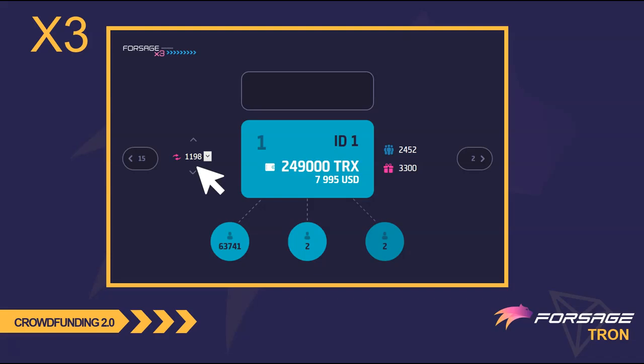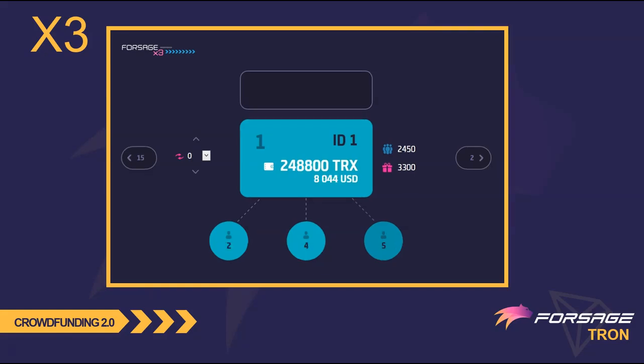Next to the up or down arrows, which scroll forward or back in history respectively, you will notice the number 1198. This records how many times this exact structure you are looking at, and nothing more, has been reset. If we click the down arrow, we go back in time. But wait a minute, why is ID number 2 occupying yet another of these contributor records, and the other ID numbers are not in any chronological order? Or if we keep clicking the down arrow to the very beginning of ID number 1's campaign, where is ID